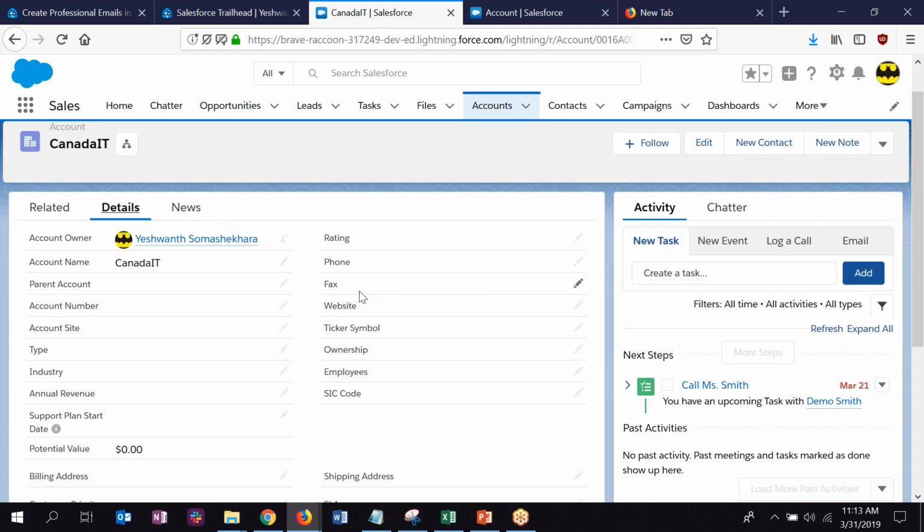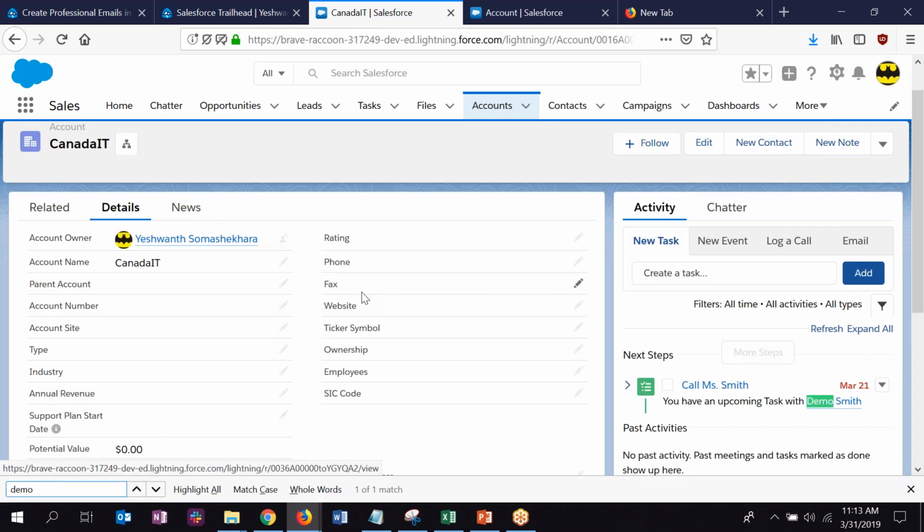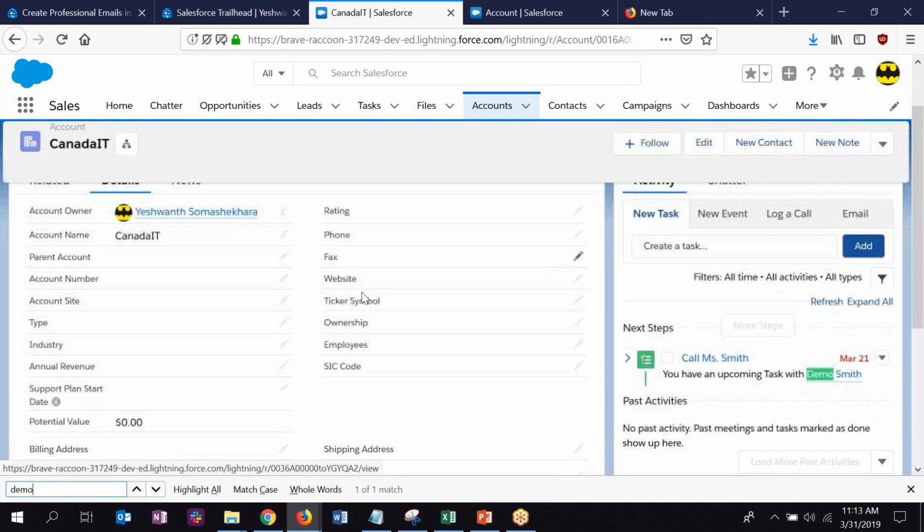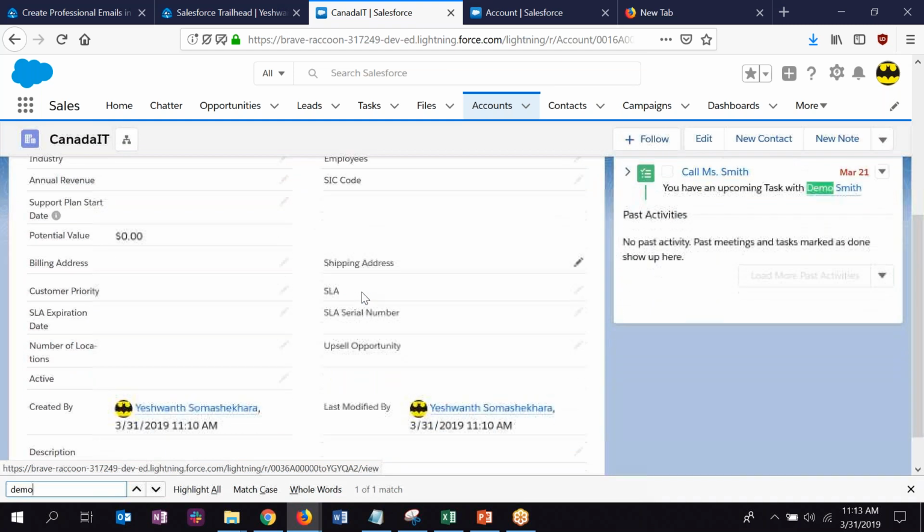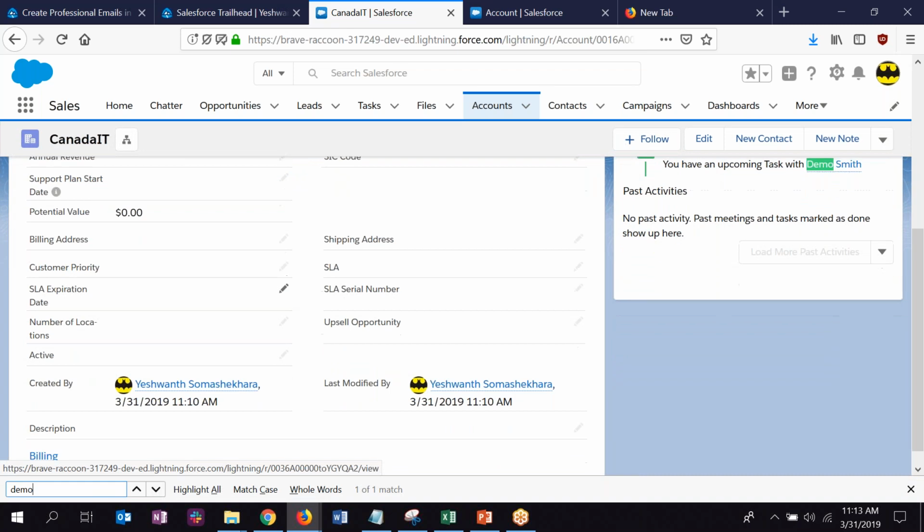So this is where your role as an administrator comes in. Why is it not showing up? Now you'll have to troubleshoot it. You'll have to do all these things. It's good I showed you a demo.